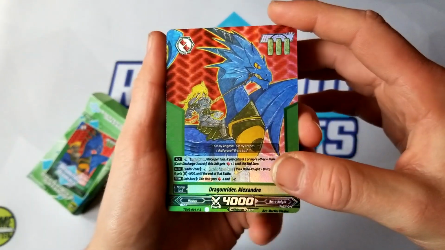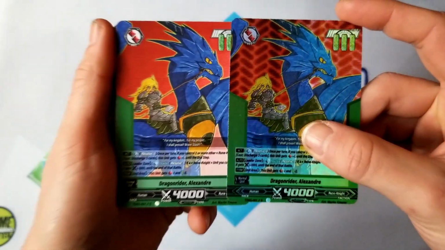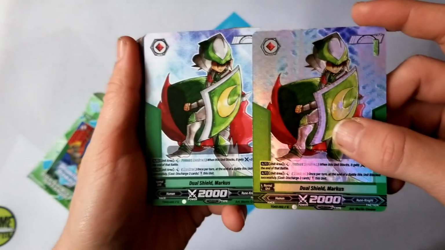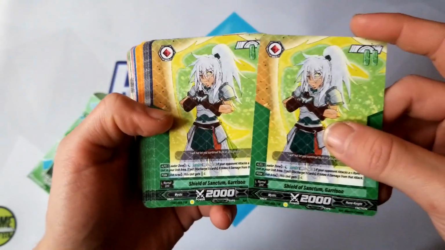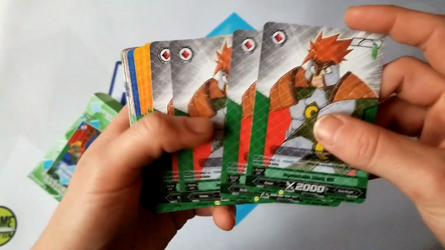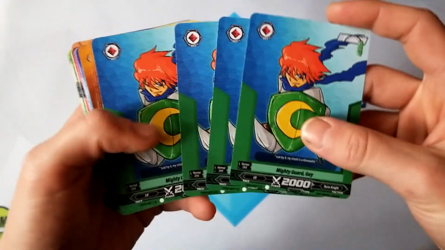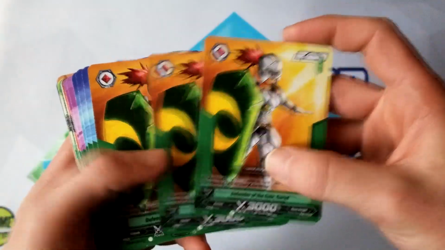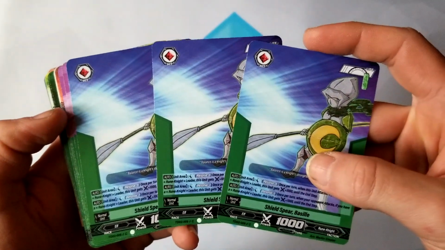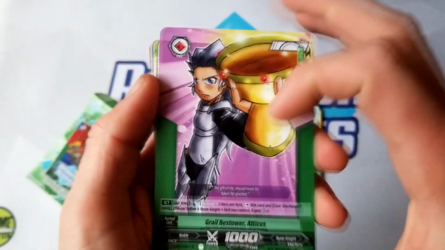So first up, we've got a super rare holo copy of Dragon Rider Alexandre along with its common variant. A super rare copy of Dual Shield Marcus plus a common variant just like with Alexandre. Then we have 2 copies of a rare Shield of Sanctum Garrison, 2 copies of a rare Death Champion Adriel, 4 copies of a rare Impenetrable Shield Will, 4 copies of a rare Persevering Knight Gareth, 4 copies of a common Mighty Guard Guy. Then we have 3 copies of a common Defender of the Gate Garud, 3 copies of a common Shield Spear Basil, 2 copies of a common Grail Bestower Atticus, which again personally would be my favorite design of this deck set,